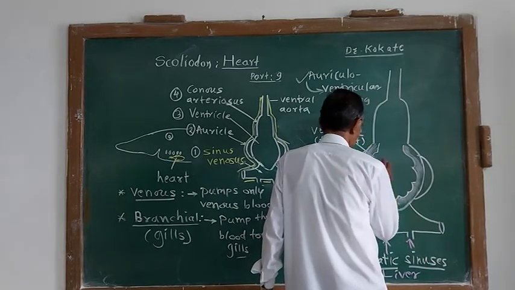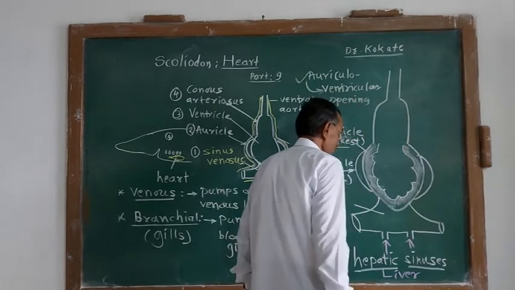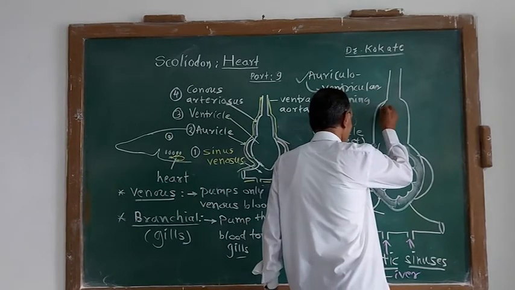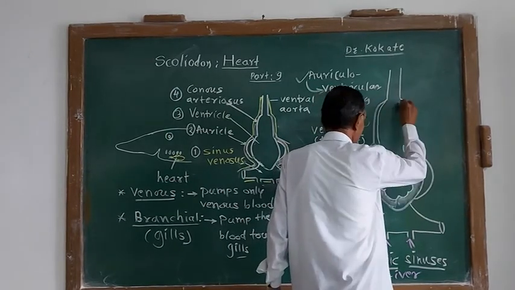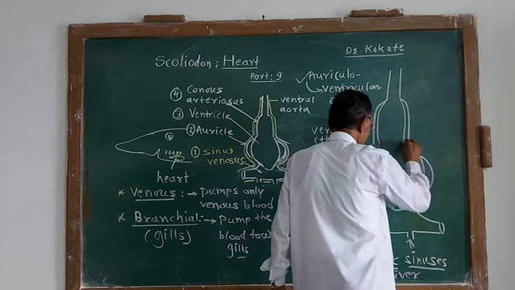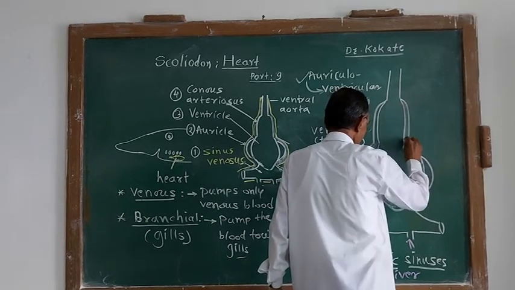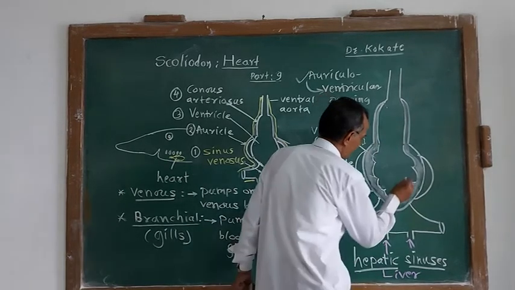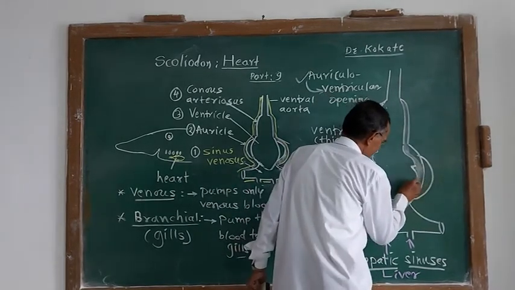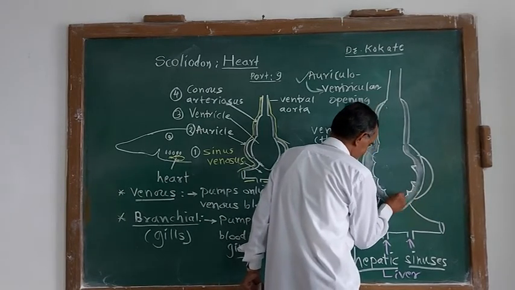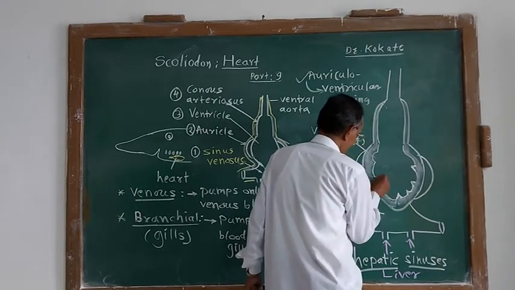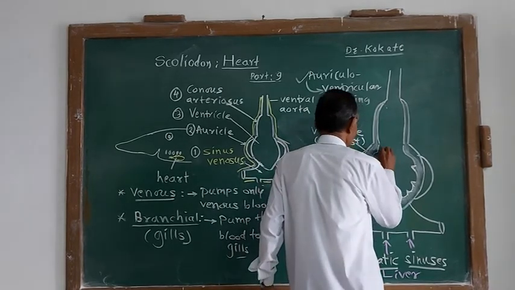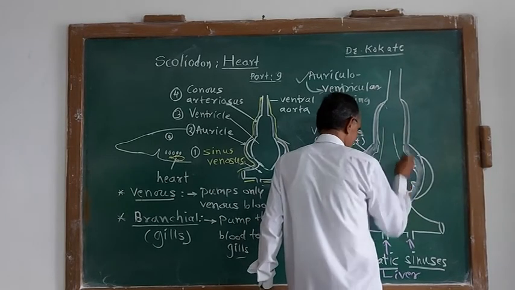Now, from this wall arise ridges and furrows. From these ridges and furrows arise some structures called chordae tendineae. So I will draw the chordae tendineae here. This is the next chamber. From these furrows and ridges, this is a ridge, this is also a ridge. From these ridges of the ventricle arise minor threads like this.